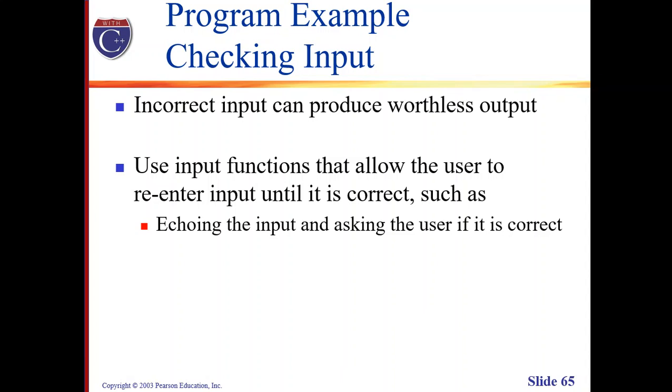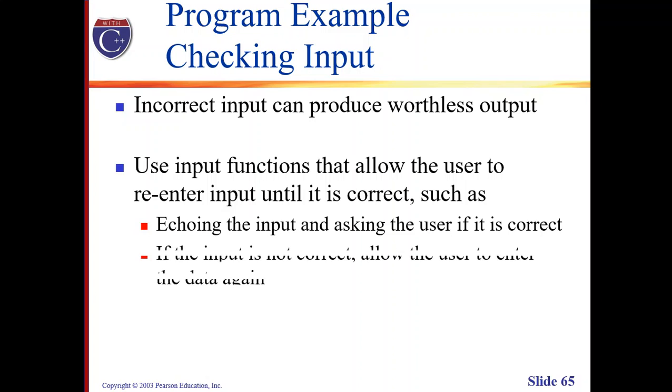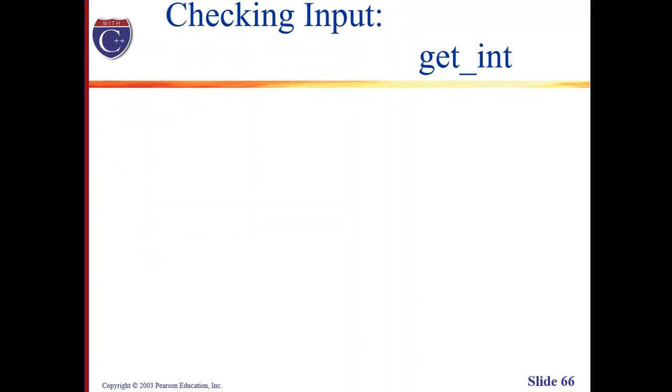It is important that we check our input. It's because incorrect input can produce worthless output, and that's where the functions that we had, such as get and putback, can be used. We use input functions that allow the user to re-enter input until it is correct, and that can also be a good practice, which means that we can echo the input and ask the user if it is correct, and therefore the user can confirm if the input was indeed correct. If the input is not correct, we can allow the user to enter the data again. For example,